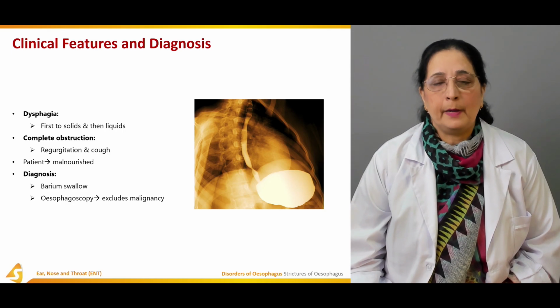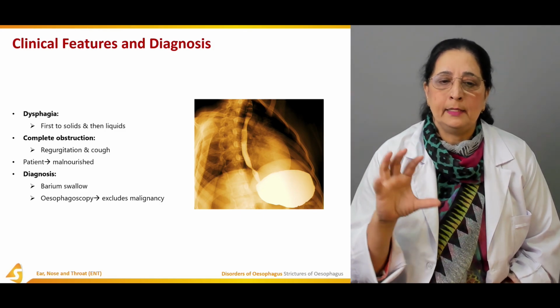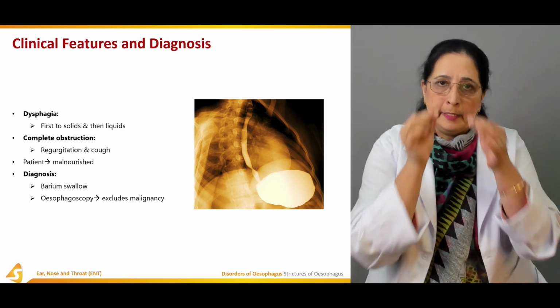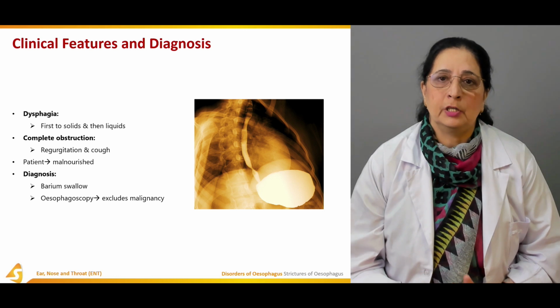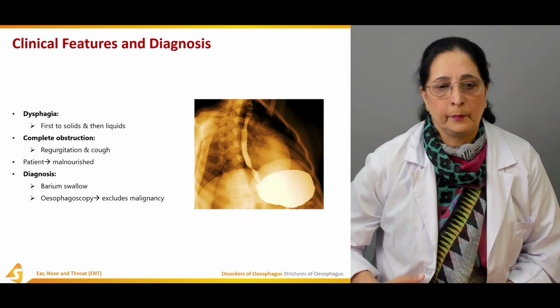Diagnosis is by barium swallow. Barium is swallowed, and then pictures are taken to look for the stricture. When the barium cannot cross the stricture, we can see it very clearly on barium swallow. And also